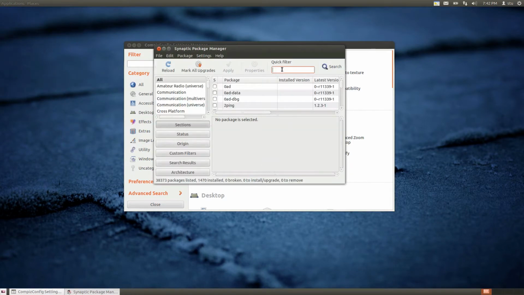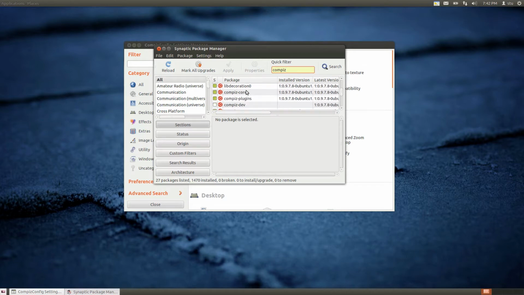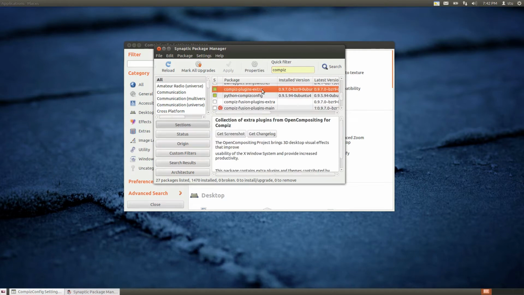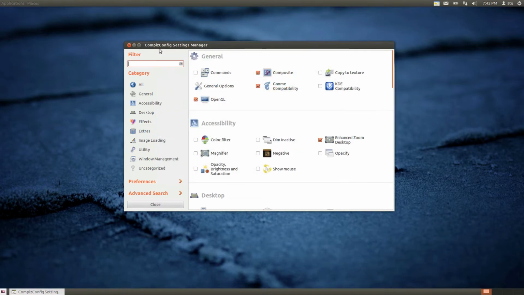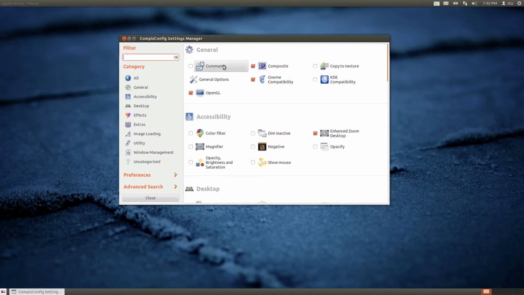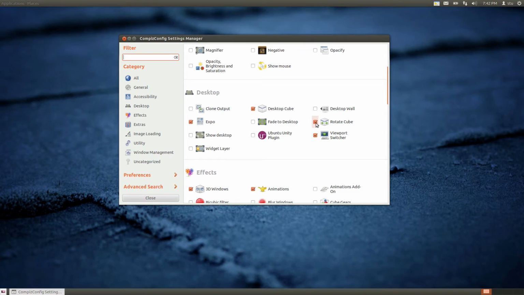And I installed the compiz. Here we go, compiz plugins extra. So I marked that for installation. I installed it. So once you have those three things installed, you're ready to set up the cube and to use the cube. So what we're going to do is, I already was playing around in here a little bit,